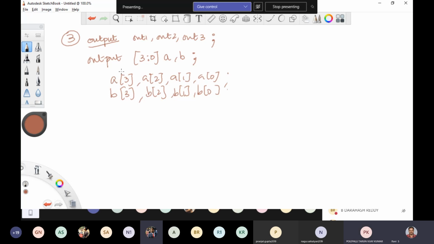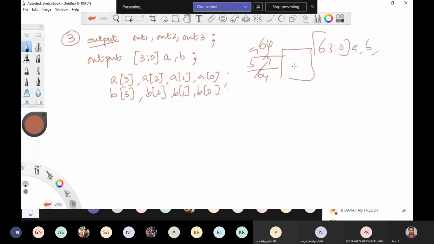Sir, should we use both scalar and vector or either one of them? Based upon the number of wires: suppose I have a 64-bit ALU, then A is 64-bit and B is 64-bit, so I have to say 63 down to 0, A comma B. So based upon the number of wires, the number of bits, scalar and vector vary.